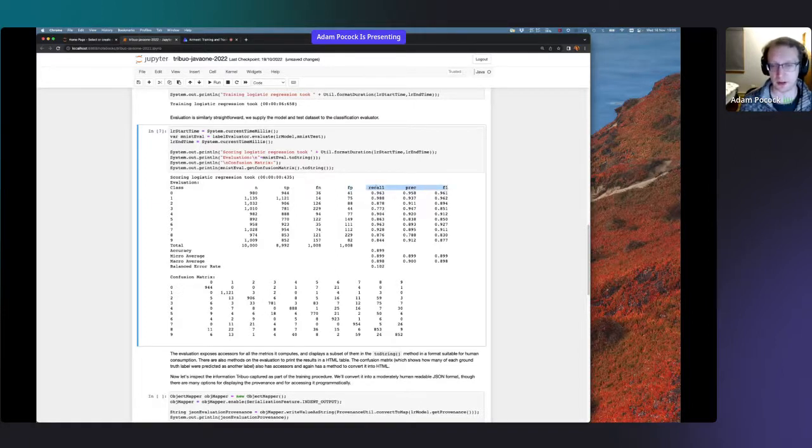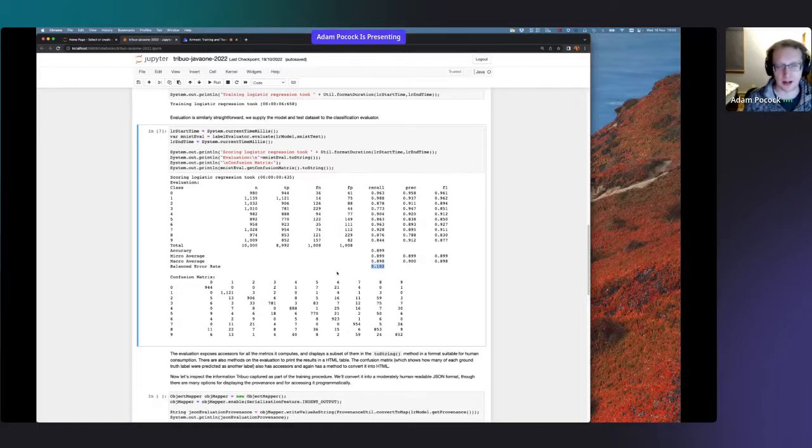And then you can aggregate those values using things like recall, precision, and F1, which are various performance measurements, which are functions of these true positives, false positives, true negatives, and false negatives. But we can also compute single values, just like the accuracy. How many of these did we get correct? We got 89.9% correct of the 10,000 test examples we had. You can average the recall, precision, and F1 in a few different ways, and there's different error metrics. So we compute a bunch of data and display it to you that lets you understand how the model is behaving for the prediction tasks that you've got.